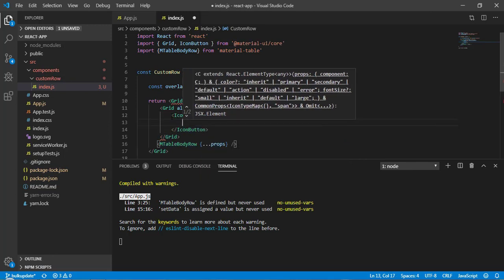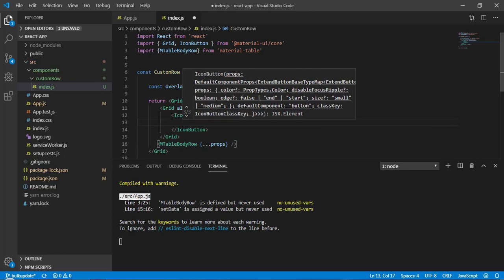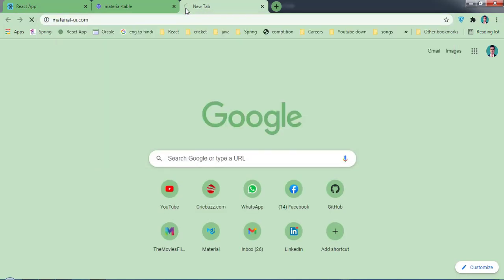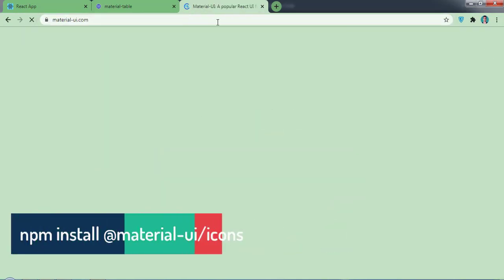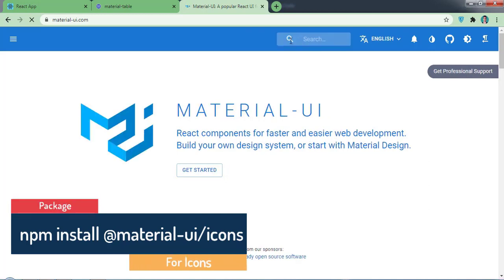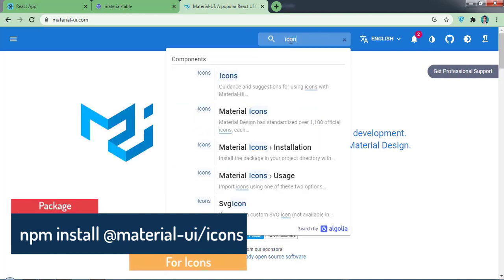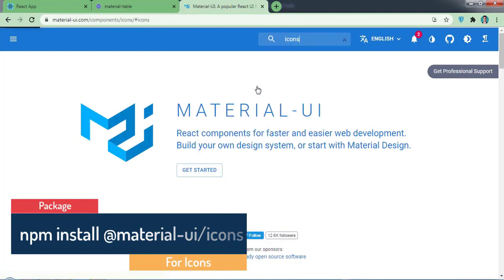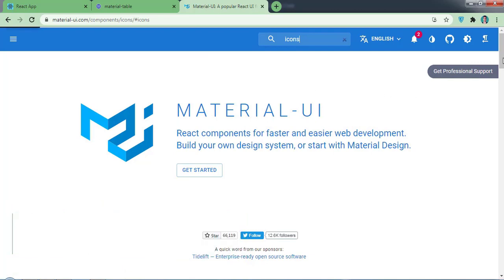So icon button, and now I need some icons. For icons I am going to use Material UI icons, so let me take you there. Here Material UI, and let's search for icons. Now select the icons.